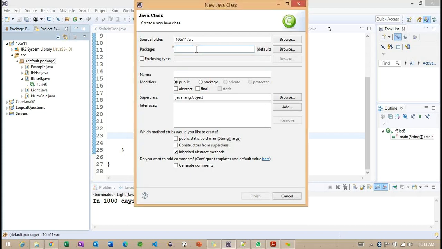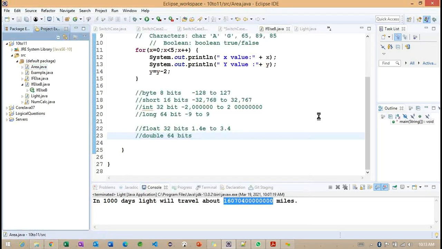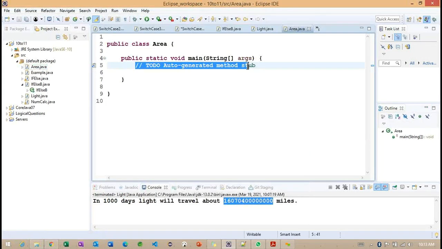If I observe the simple example, I want to create an area program. Not a package name. The class name I want to take is Area, and I'm opening with the main method. If we observe, we are defining the double data type here, right?